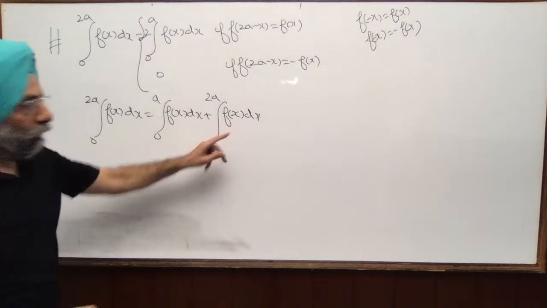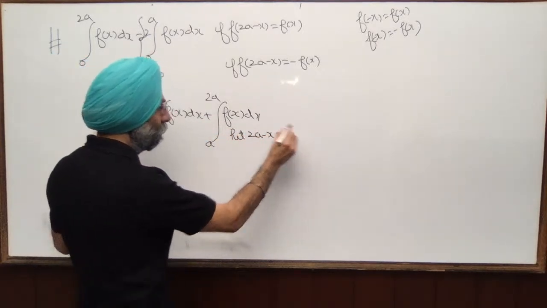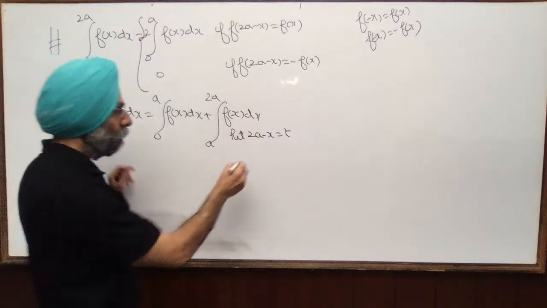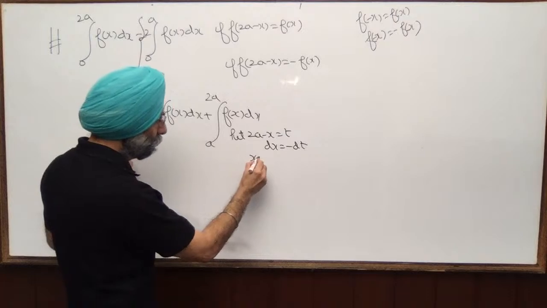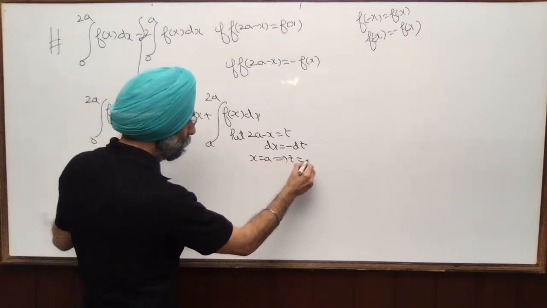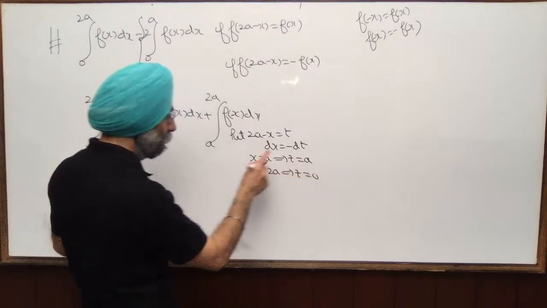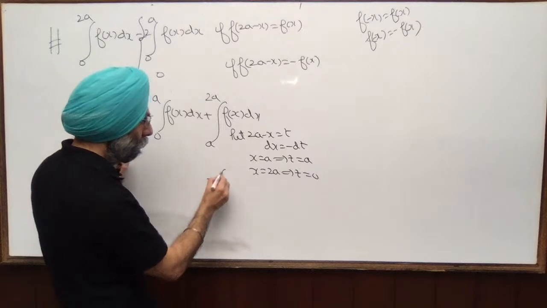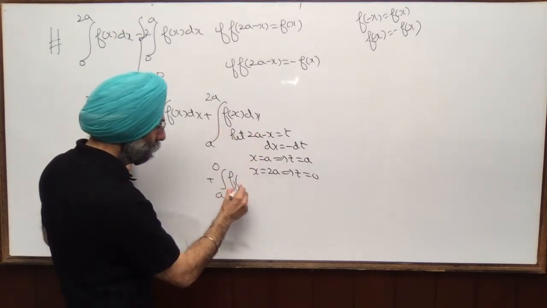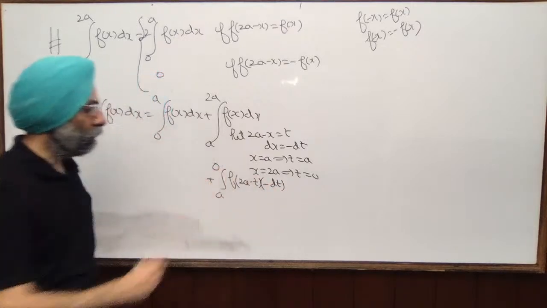For this integral, put 2a minus x is equal to t, dx is equal to minus dt, x is equal to a implies t is equal to a, x is equal to 2a implies t is equal to 0. If x is a, t is a; if x is 2a, t is 0। Now a to 0, the integrand is f of 2a minus t and it is minus dt।